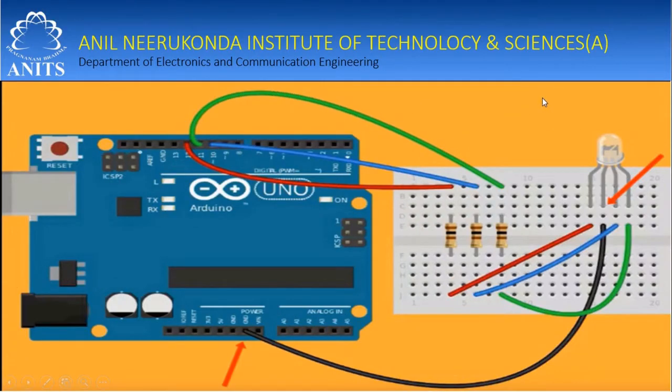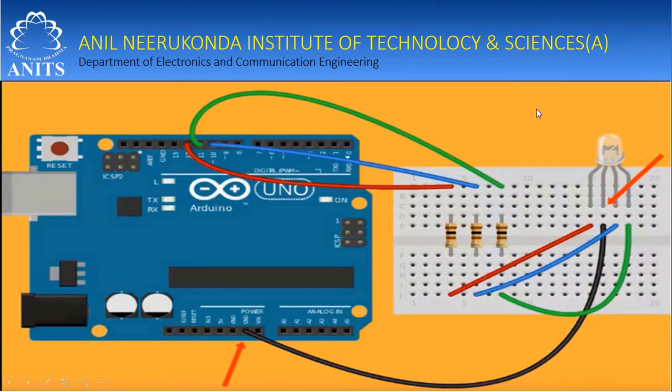Here are the details of circuit connections. What we have considered is Arduino board, one breadboard, a tricolor LED and 3 resistors. The LED can be of two types, common anode type or common cathode type. The LED we considered is a common cathode type. That means it is going to have 4 legs, out of which this leg is cathode, this is red, this is blue and this is green LED.